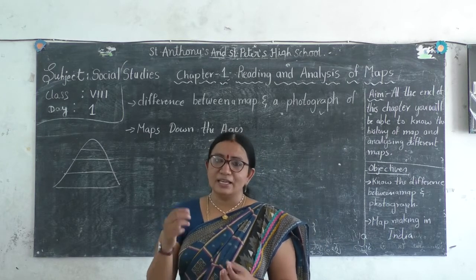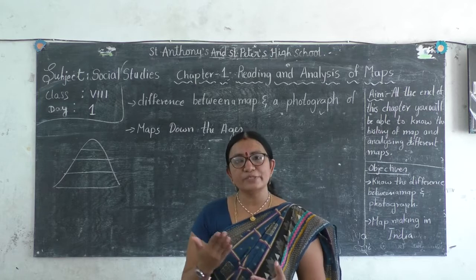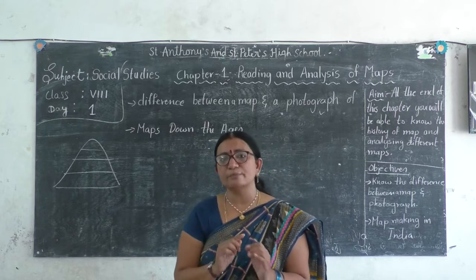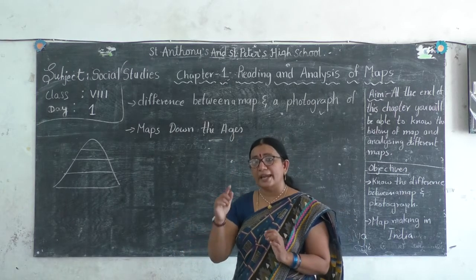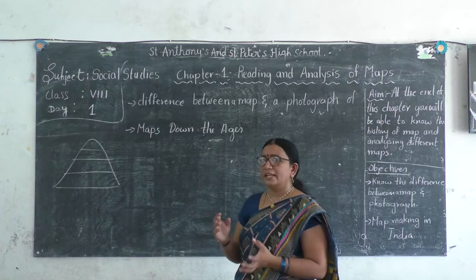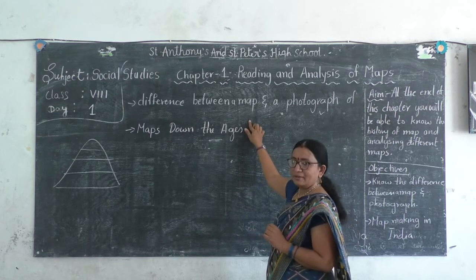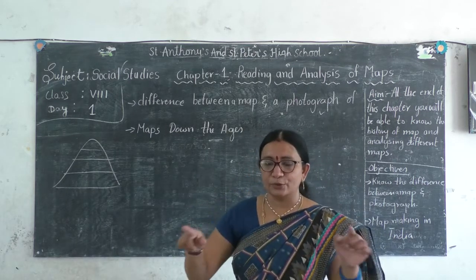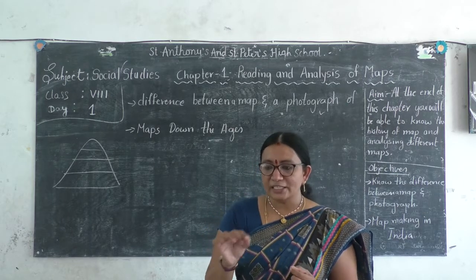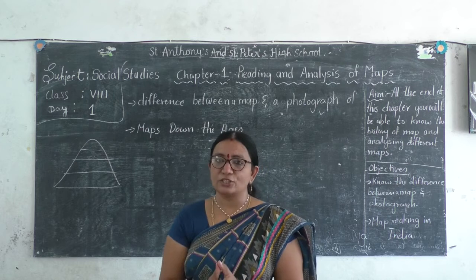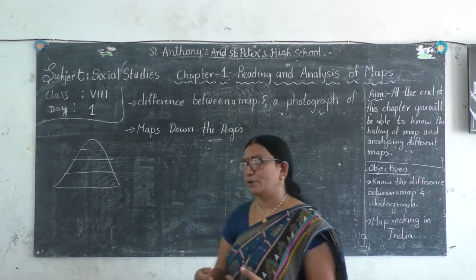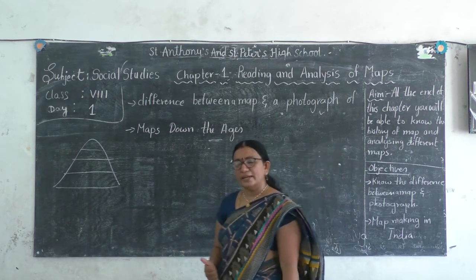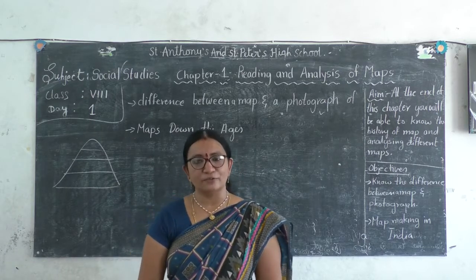But even you can see, we get the Google map. Google map gives us information about different places; even in this, symbols are used, routes are used, and colors are used to represent everything. It is also a sketch map. It is not a photograph. Even from the satellites we get photographs, and they particularly do not give a clear sketch of that area or perfect information about it. So you can see the difference between map and photograph. Nowadays both are used by us to get information.